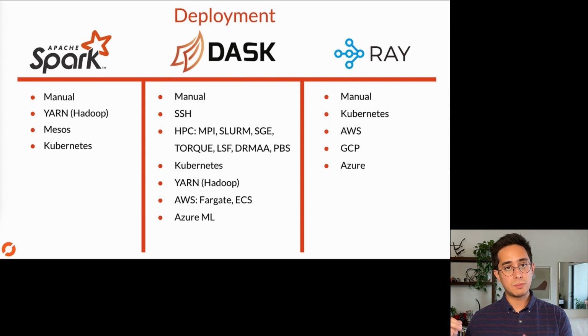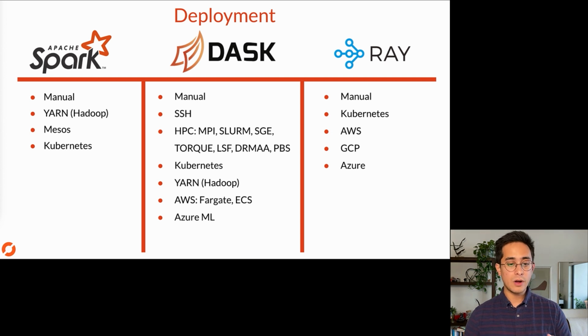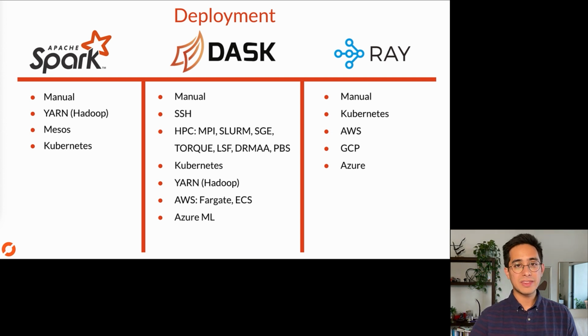Whereas Dask was built to support a lot of different workloads and a lot of scientific and academic stuff. So there's HPC support there, but then also native cloud integrations where you can just put in your AWS credentials, run a script, and it'll launch a Dask cluster. And then Ray, being newer and more cloud focused, has deployment options that are mostly strictly straight cloud. But then what about the pain factor, right?